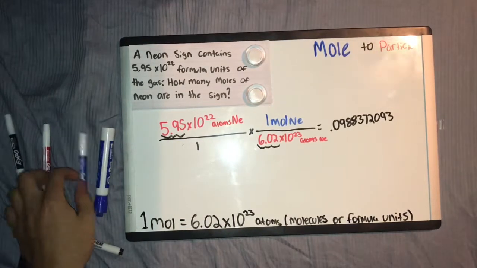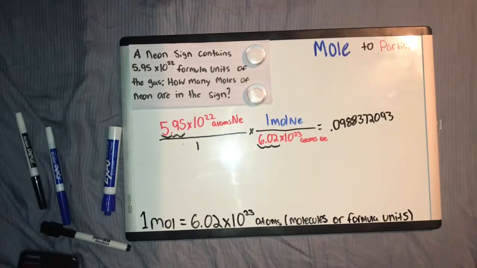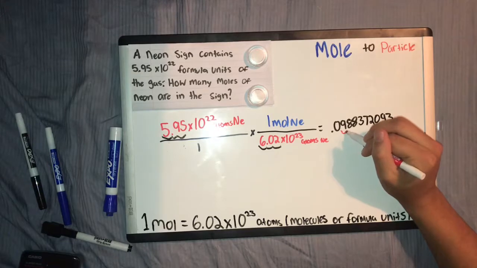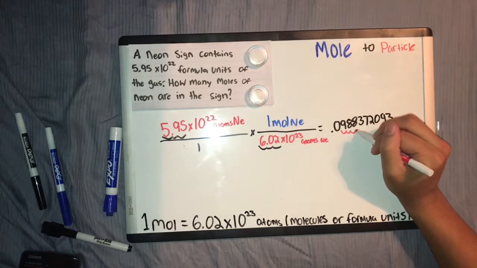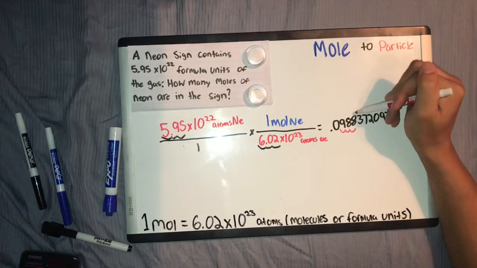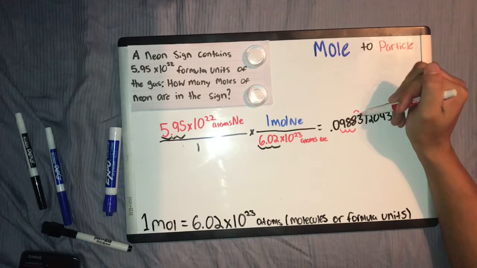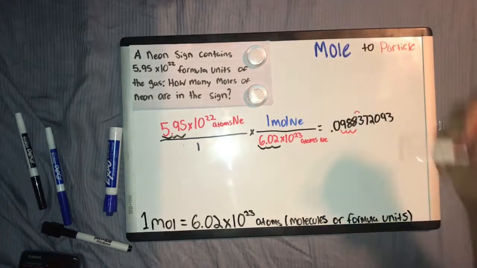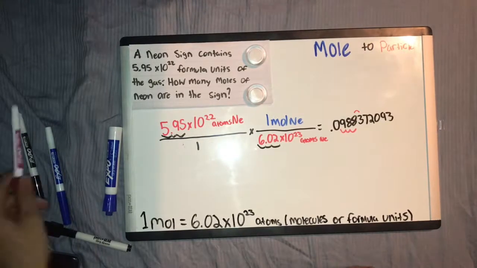Now you don't want to start at the 0, you want to start after the 0. So 1, 2, 3. You look to the right of the 3. The 3 tells the 8 to stay. So your answer will be